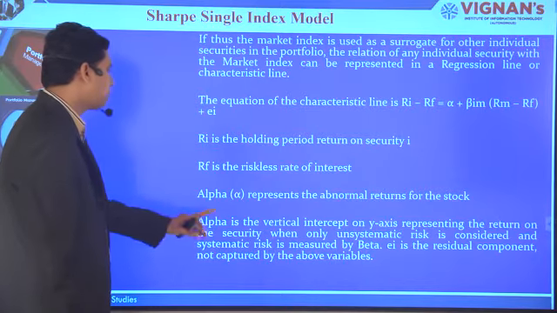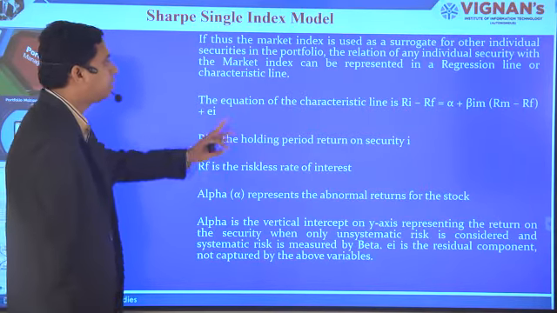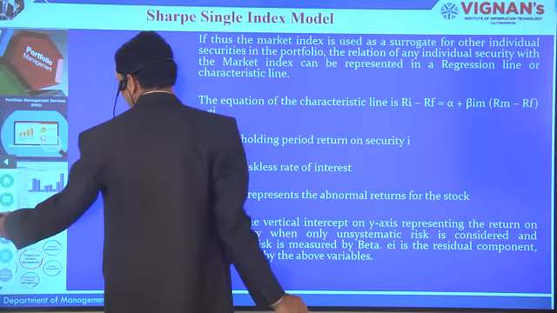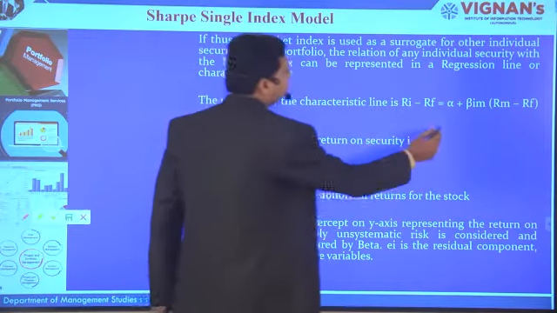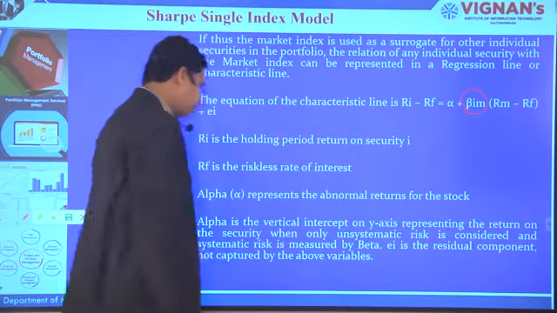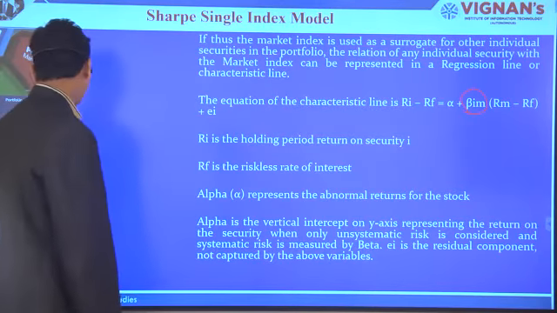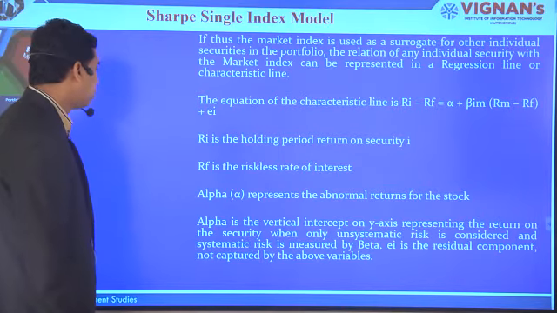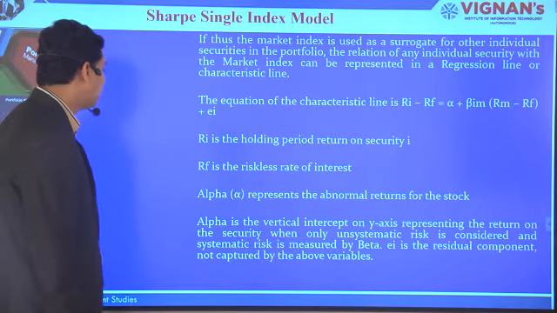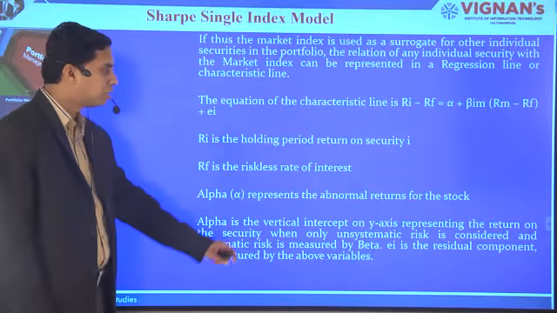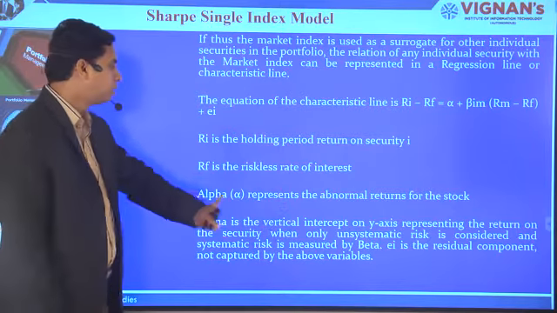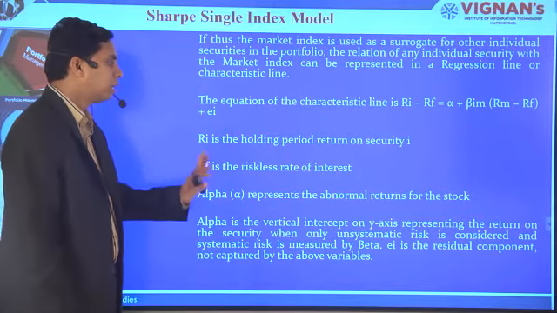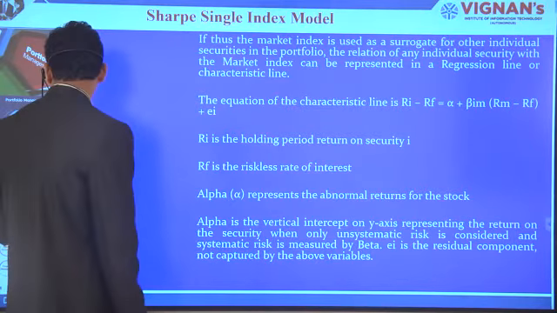Systematic risk is measured by beta, which is the term representing the systematic risk, the risk due to the market. So Bim is nothing but the beta of the market. And Ei is a residual component, not captured by any other variables. This particular return is not achieved by any of these means, and it is the error term return, Ei.